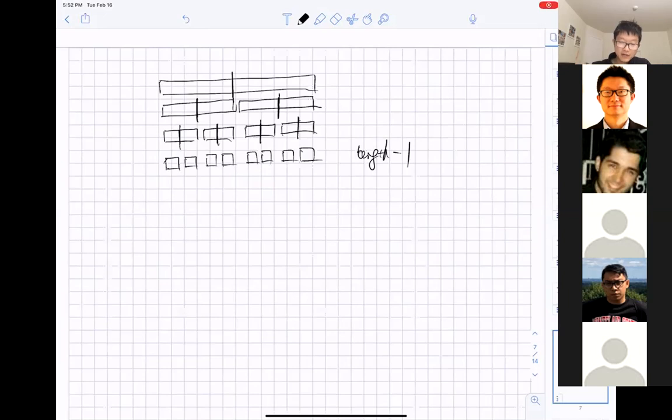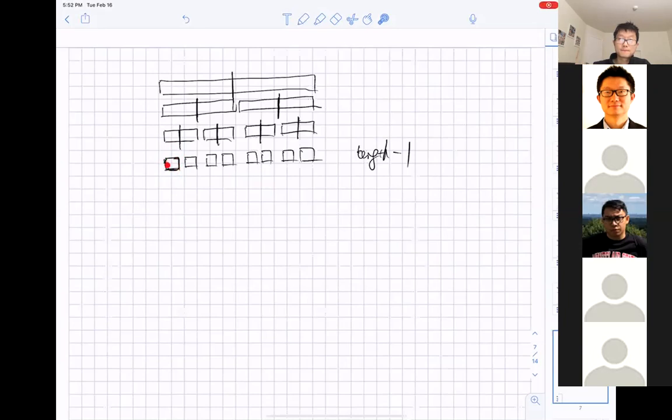Now I'm going to ask you one question. If I ask you to sort an array that only includes 1 number, what are you going to do? Wouldn't it just already be sorted?